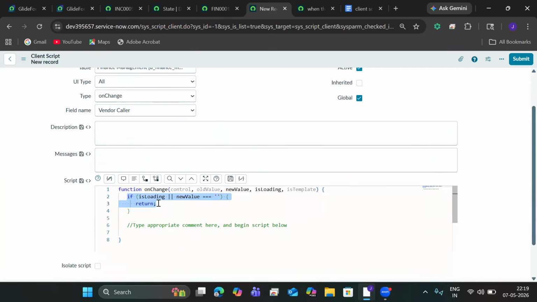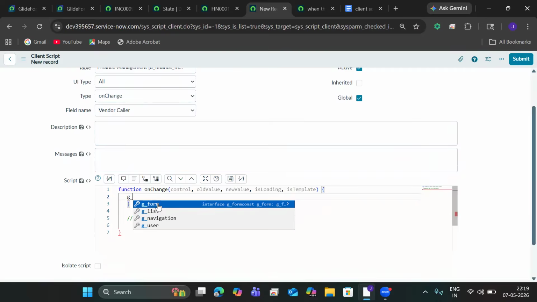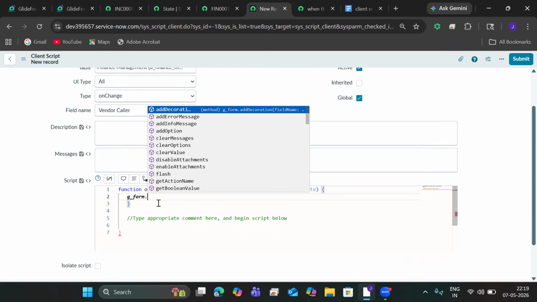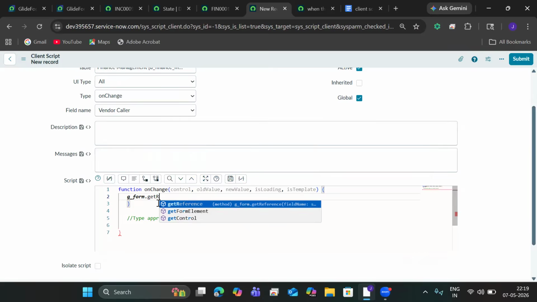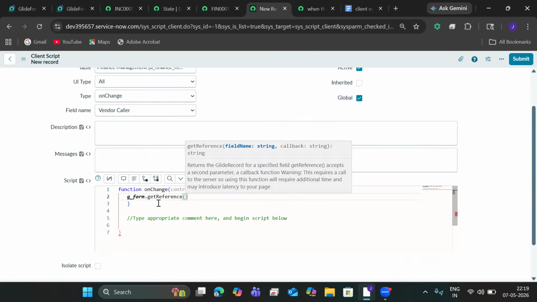Need to remove this. g_form, on which field, getReference using